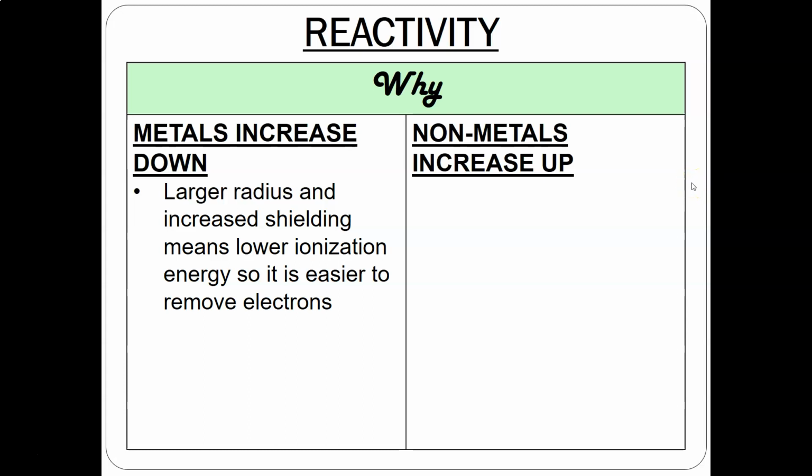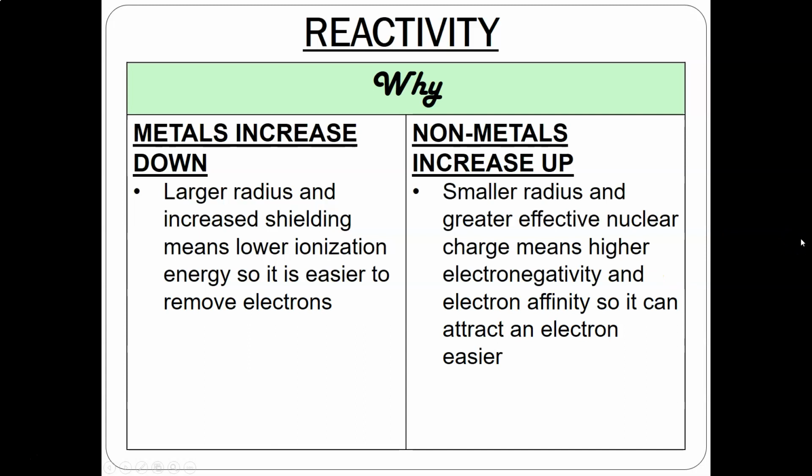Non-metals, however, are the opposite. They want to gain electrons, don't they? They are trying to get the electrons stolen, yanked off of another atom. So they need a really high electronegativity because they need to be pulling on somebody else's electrons. And so the smaller the atom, the greater the effective nuclear charge is, right? The smaller that radius, the harder the nucleus can pull. So your smaller radius, your greater effective nuclear charge, that gets you a higher electronegativity,